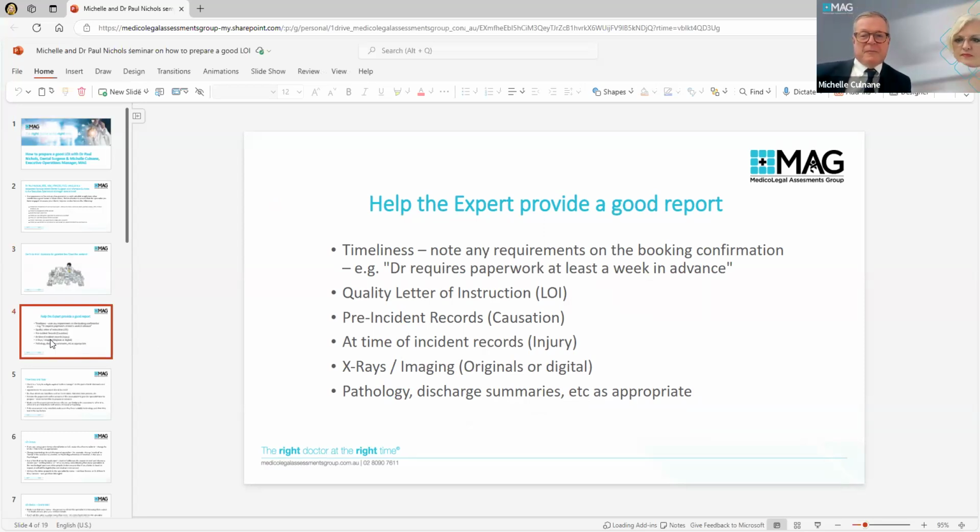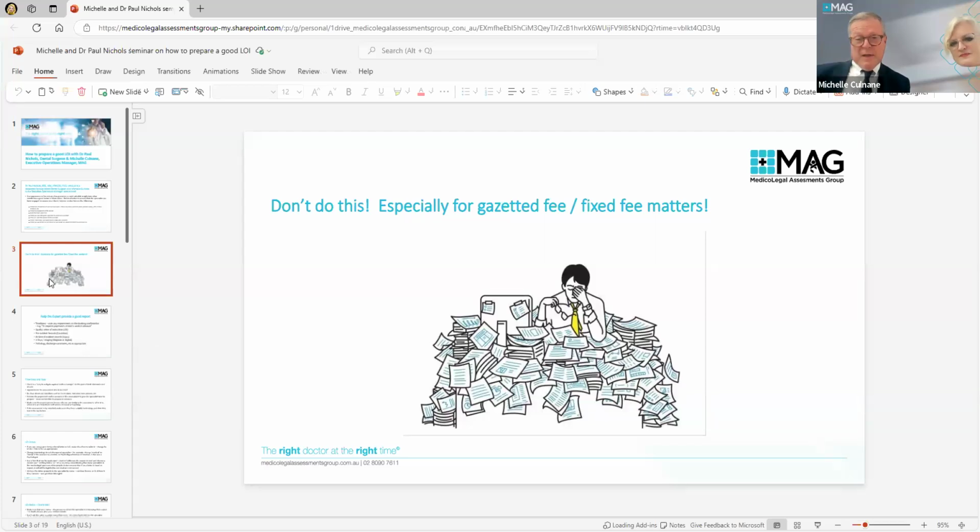Now, if we go back to the one with the chap covered in references, this is probably a key one. You may not be aware that the PIC have recently introduced a 500-page limit on the applications for consideration of PIC. And this will be introduced into most medico-legal reporting exercises in the future. So you'll need to get used to summarising some things, but mainly just providing 500 pages of what the case is all about.